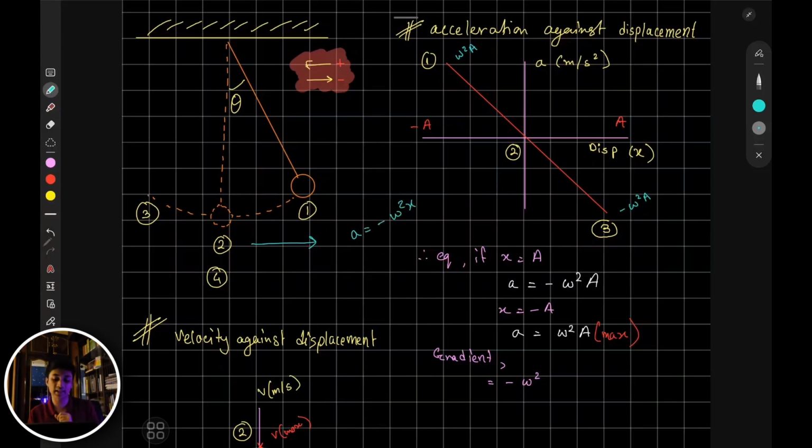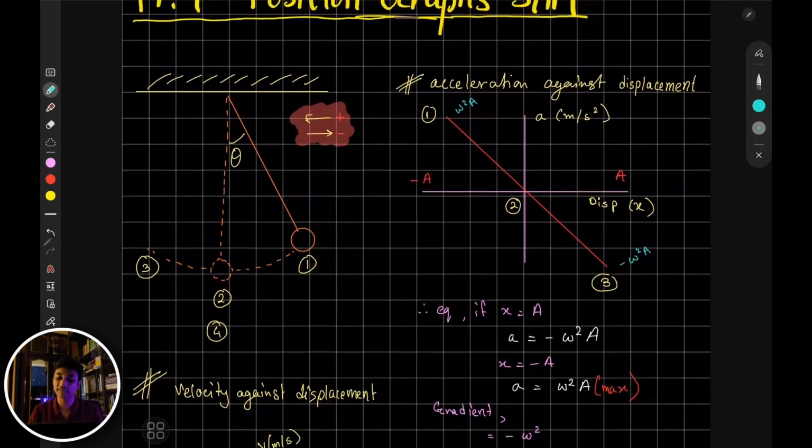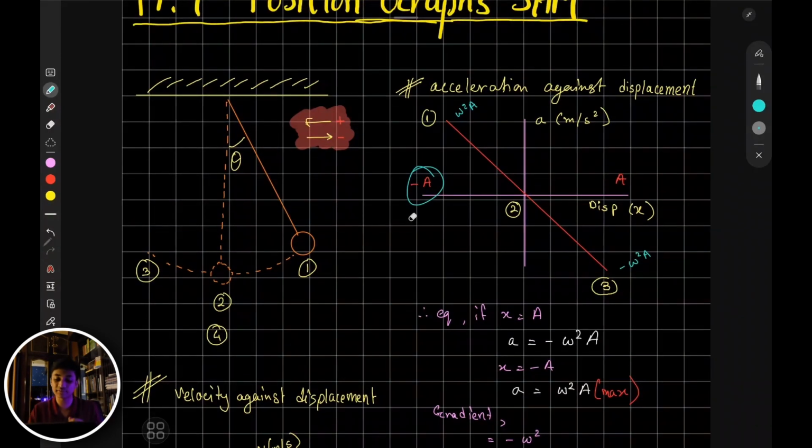It is telling you that if the displacement is negative, the acceleration will be positive. Acceleration is supposed to be in the opposite direction of displacement. Therefore, if the amplitude is negative, the value for acceleration is supposed to be positive,